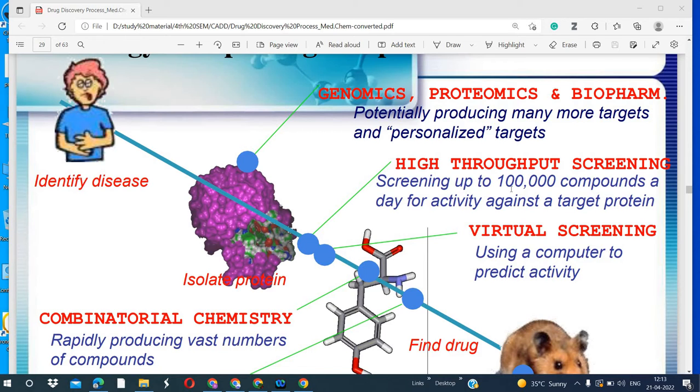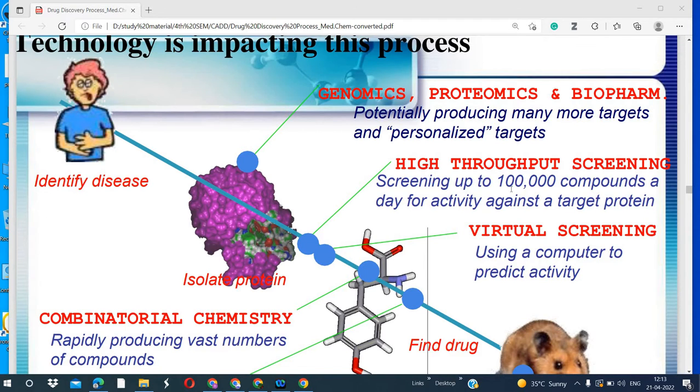High throughput means we are giving as input a large number of compounds. These are the probable drug compounds, and we are trying to identify the active molecules, the active ingredients, that work against the disease target protein or not. Among these compounds, a few will show activity against the target. Those compounds can be identified, and then we can work more.